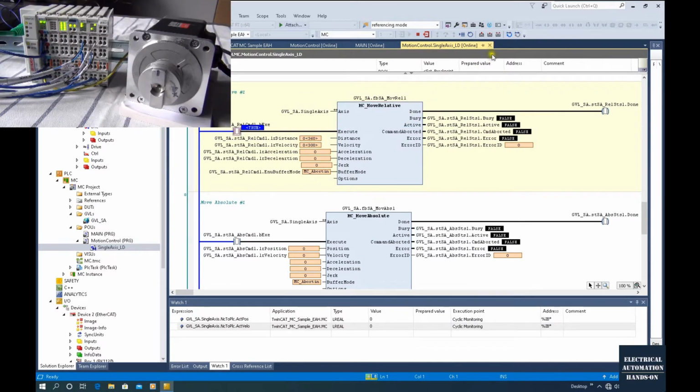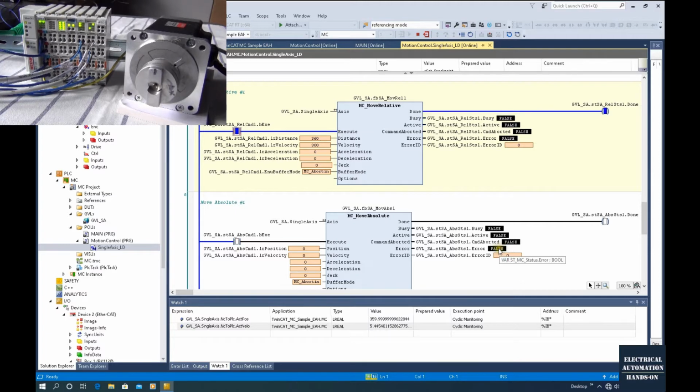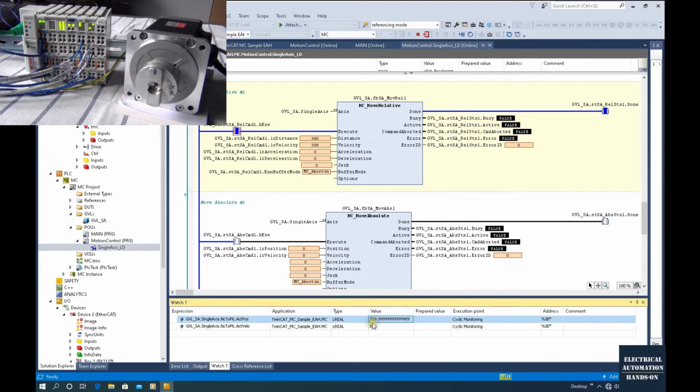Then let me trigger this axis. Okay, it ran one revolution. Now this axis is at 360. If I trigger again, it will travel to 720, because that is a relative move. Every time I trigger, it is based on the current position and travels the relative distance, that's 360. Now it is at 720. If I trigger it again,